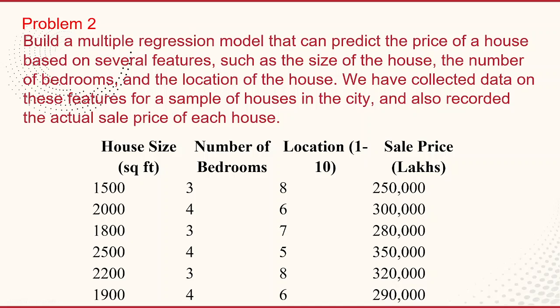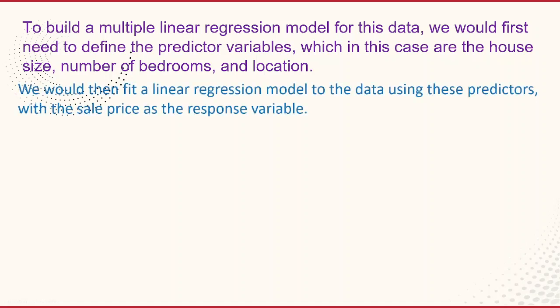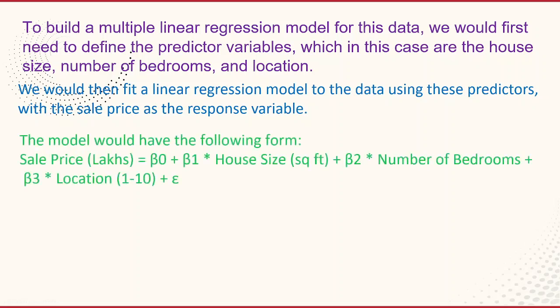To build a multiple linear regression model for this data, we would first need to define the predictor variables, which in this case are the house size, number of bedrooms, and location. We would then fit a linear regression model to the data using these predictors with the sale price as the response variable. So the model would have the following form: sale price in lakhs is equal